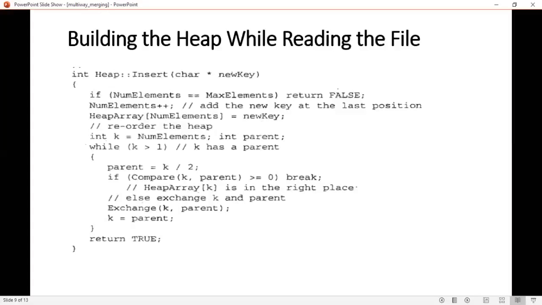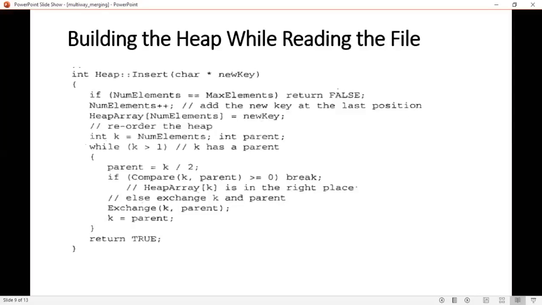What you have to do initially, you have to increment number elements, and then you have to add the new key to the heap array of number elements is equal to new key. That means to the last position you have to add the new key.